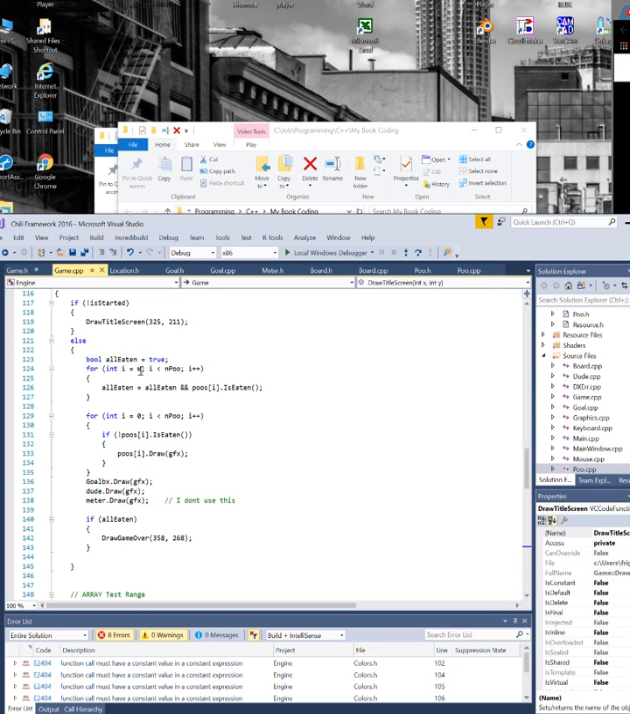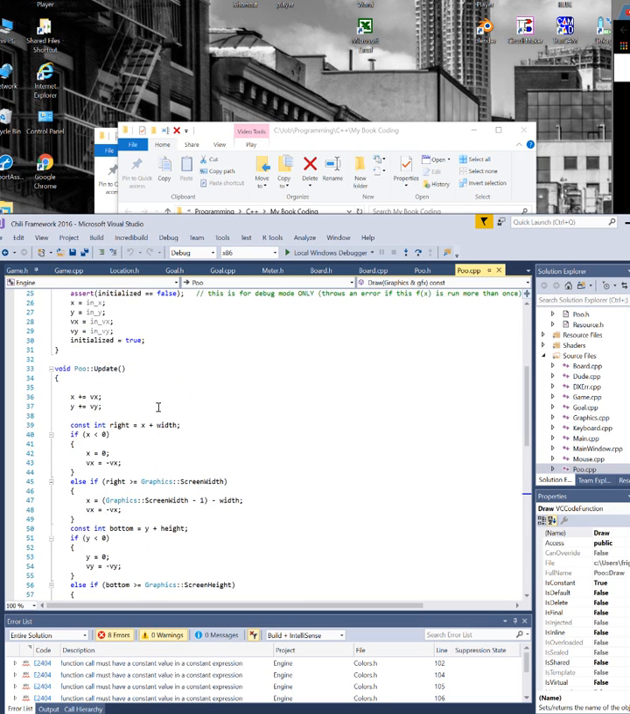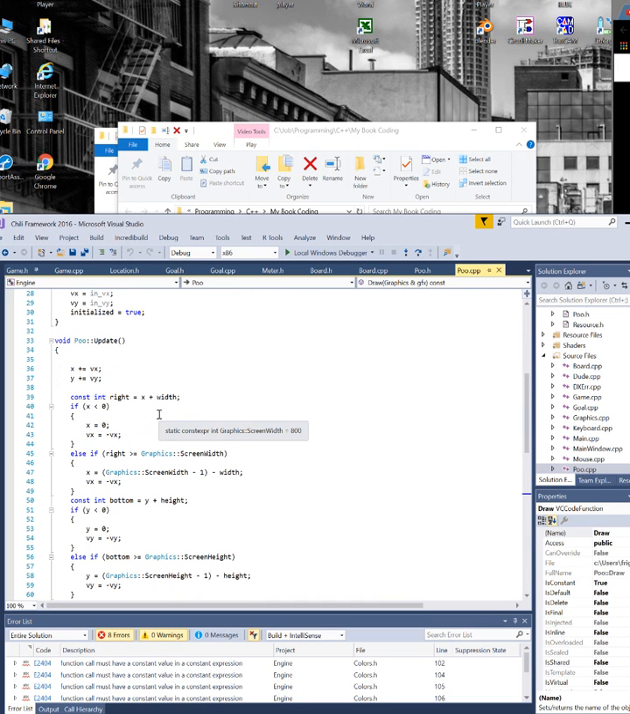I thought this was kind of a cool little snippet in the Pooh game. He goes through here and he has to check and see how many Poos are eaten. If they're all eaten, it's game over. But how he does it, if you look at the Pooh .cpp file, you see that, let's see, we've got the Pooh update,